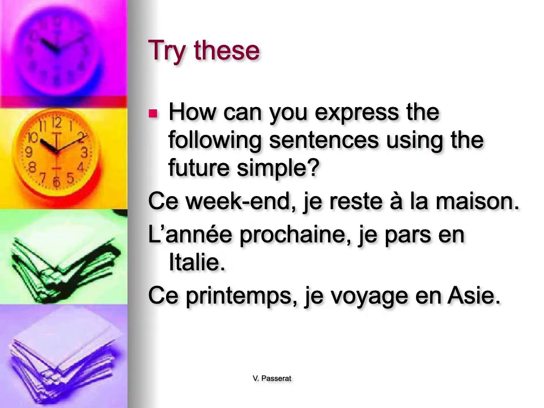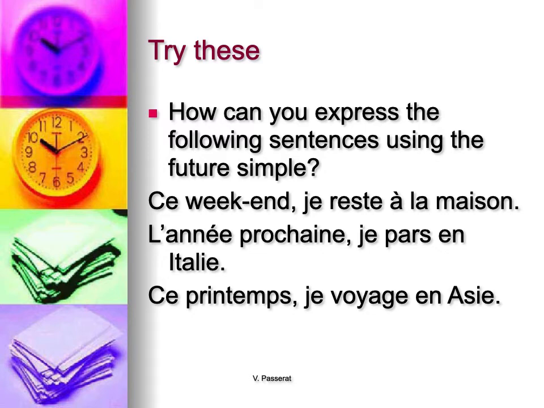So let's try to take these sentences, which are in the present tense, and express them using the futur simple. And there should not be an E on futur simple. Every time I stop, the spell check puts an E somewhere. So, ce week-end, je reste à la maison. This weekend, I am staying home. Now we're going to want to change it so that it says this weekend, I will stay home.